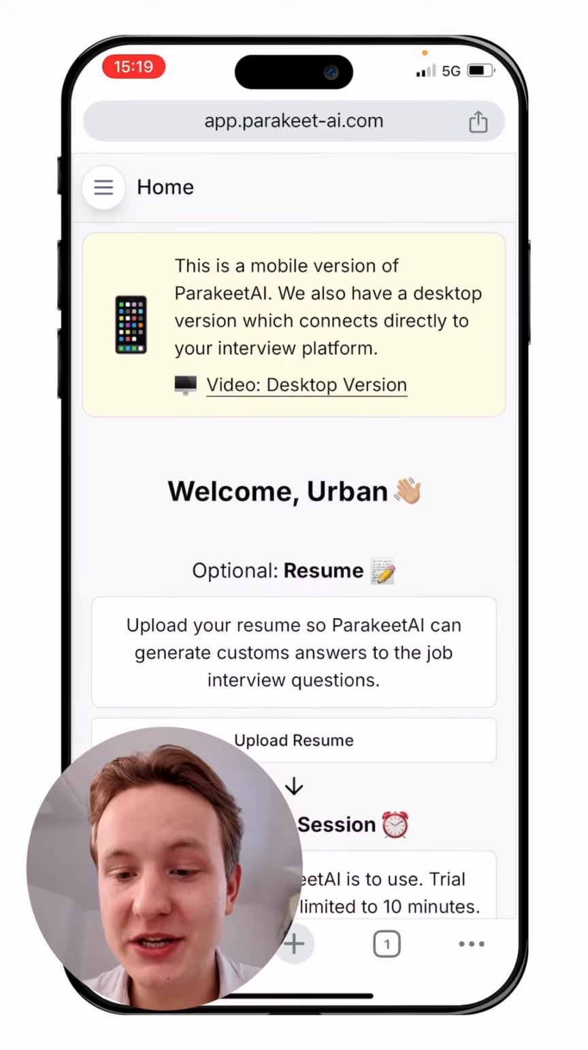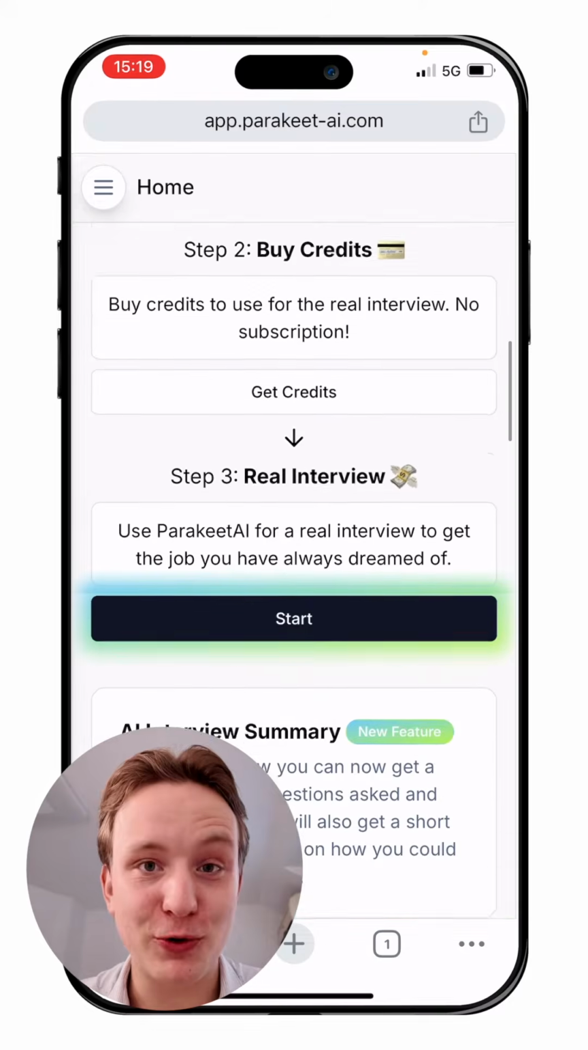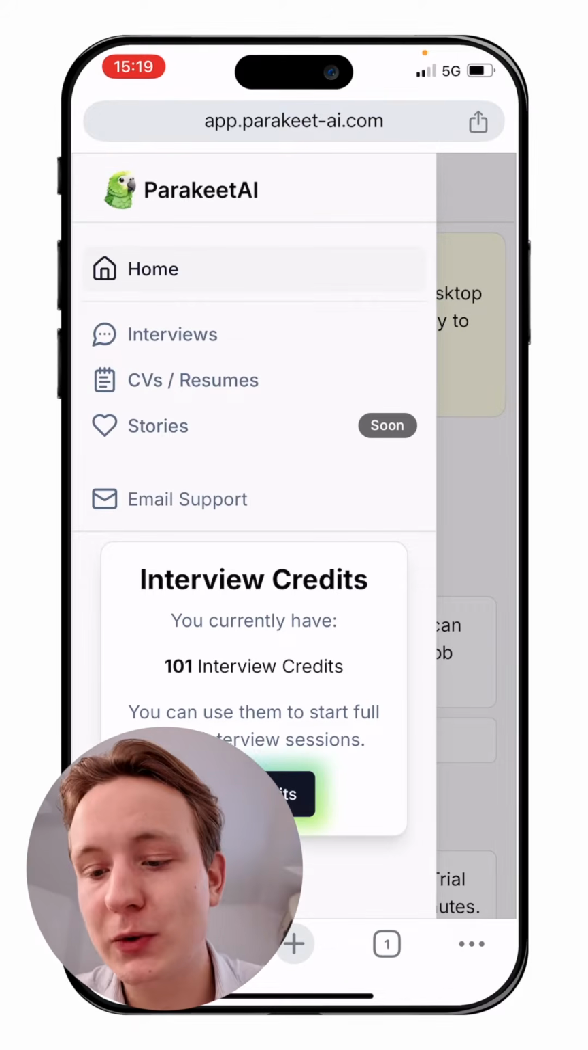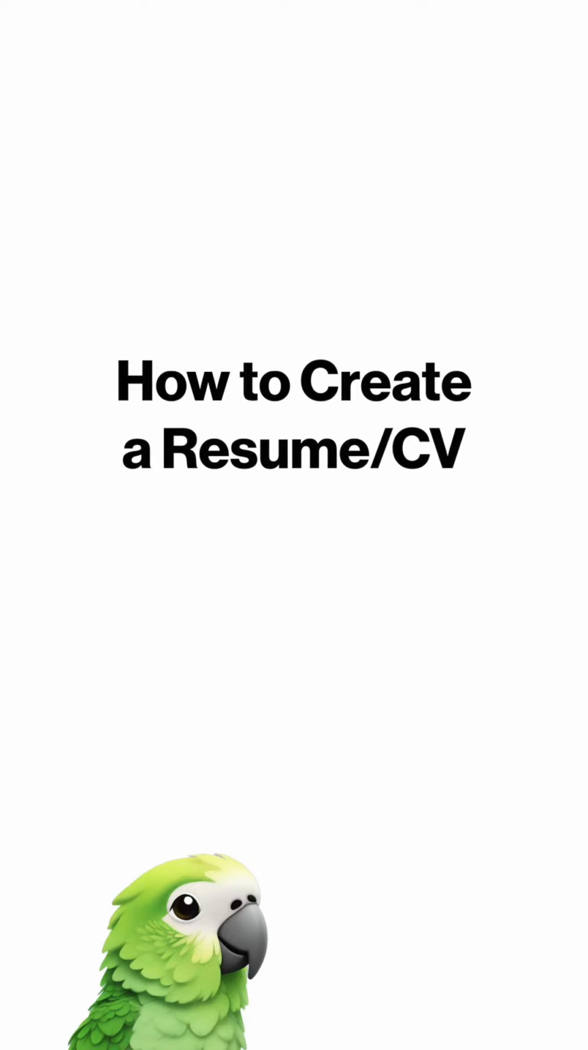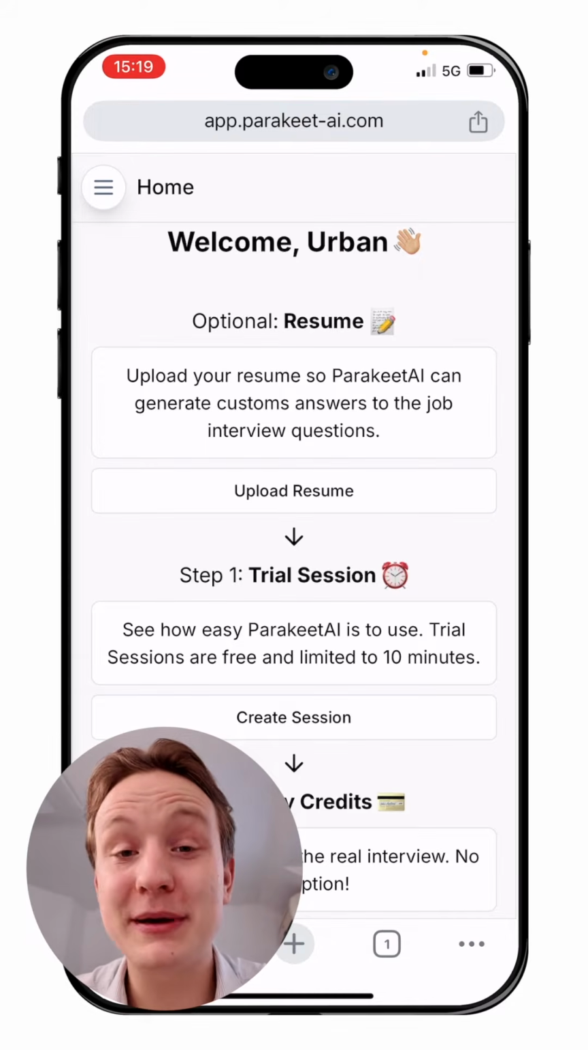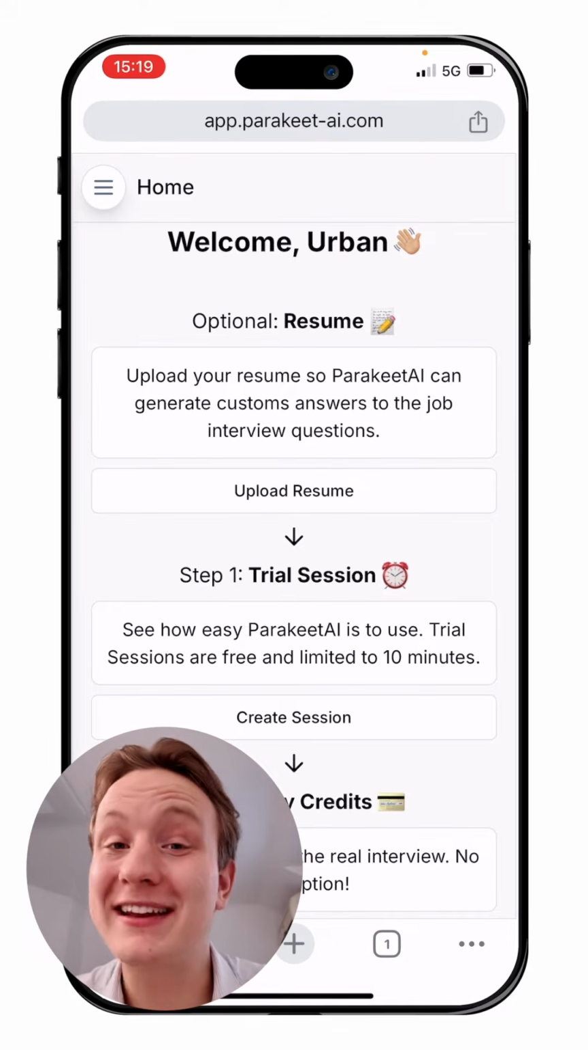What you're seeing right now is the homepage of the ParakeetAI dashboard. Open the menu with all the pages by clicking this button on the top left, and you can also see how many credits you have here. The first step is to upload your resume. This is optional, but we encourage you to do so because this will allow ParakeetAI to provide answers based on